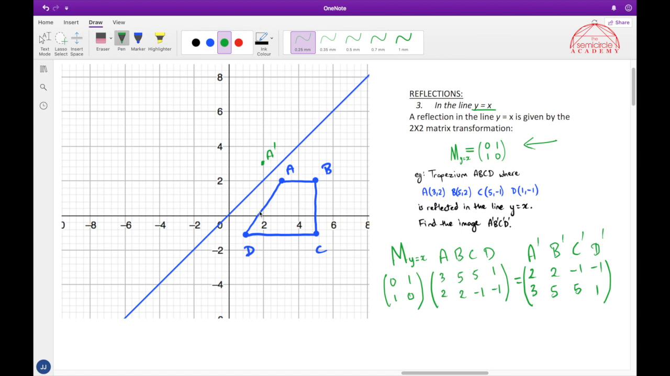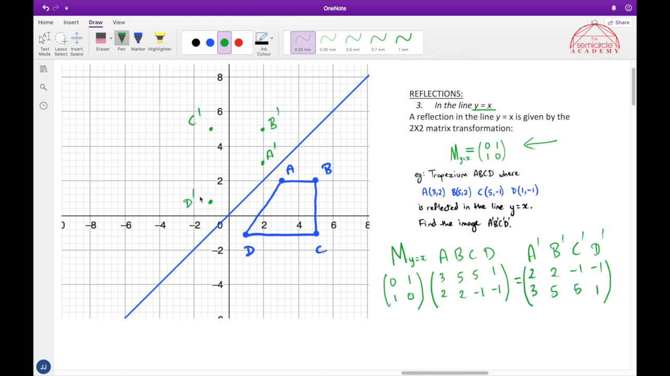We have our B prime to be 2 on the x and 5 on the y, so that puts it about here, B prime. We have our C prime to be negative 1 on the x and 5 on the y, so that puts it about here at C prime. And our D prime is negative 1 on the x and 1 on the y, and that puts D prime